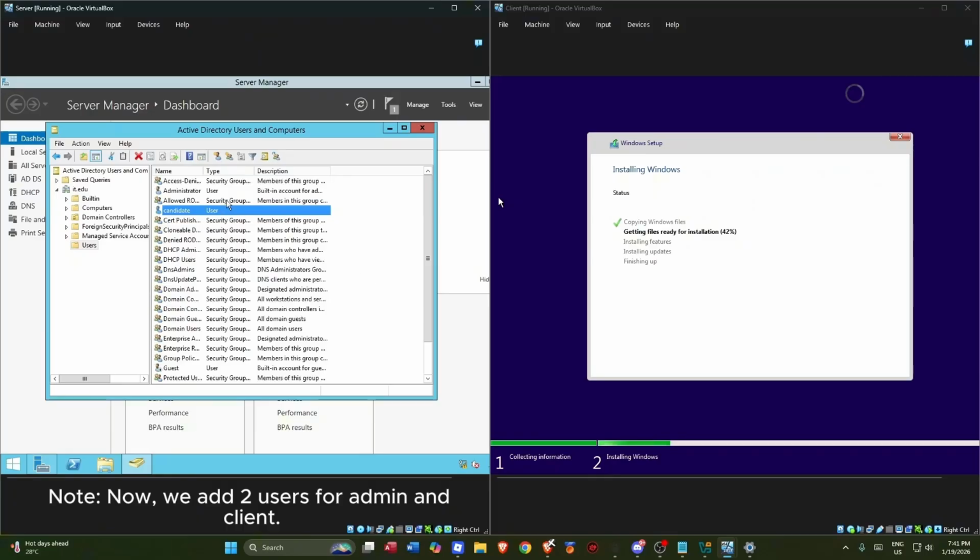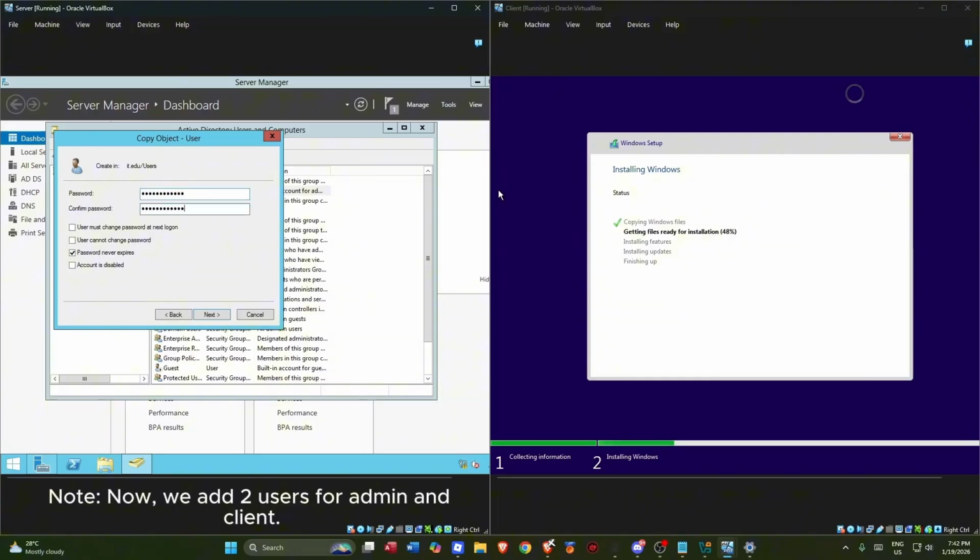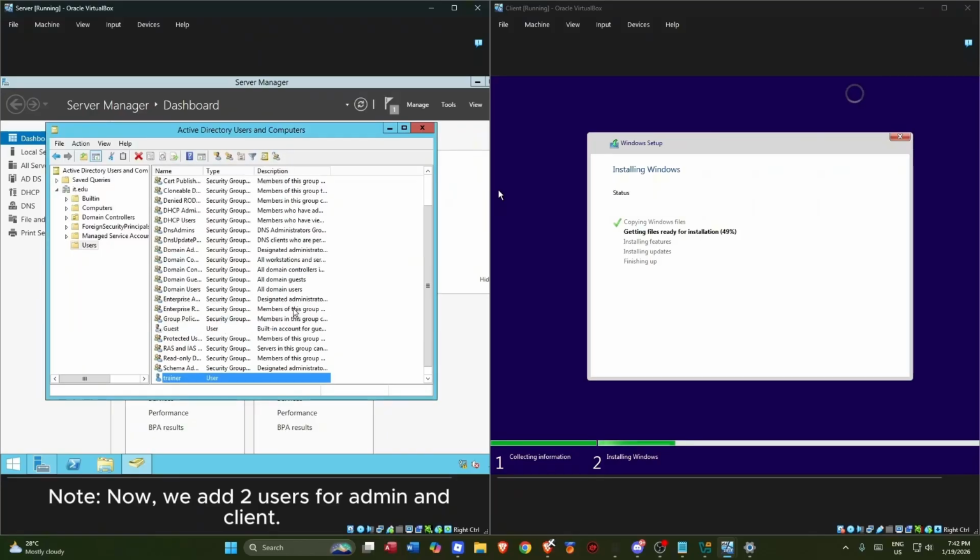And we can also add our admin user. Since we already have a default admin, let's just copy it, and let's say our admin is called trainer, and then it's still the same, password never expires, and then we should add a strong password, and then finish. And as you can see, we have trainer and